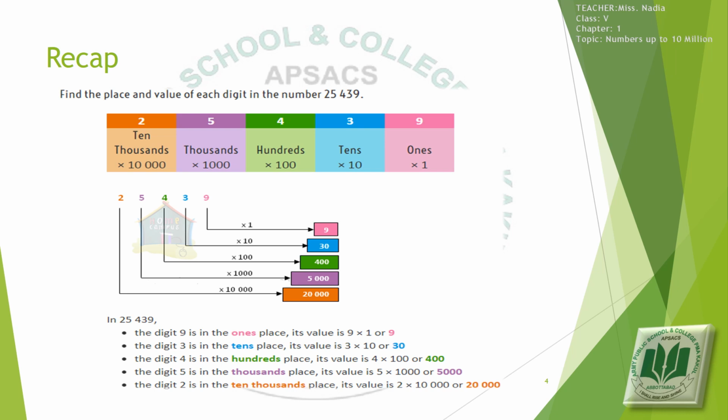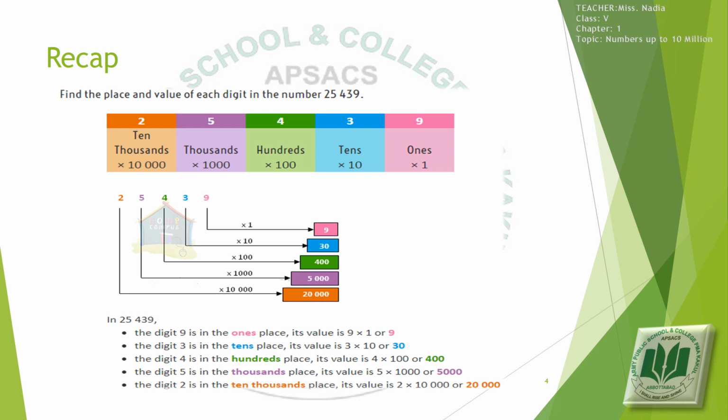Students, first we will do the recap of chapter Numbers up to 10 million, as you have already done numbers up to 100,000 in class 4. Look at this picture. Here the digit 9 is in 1's place, so 9 times 1 is 9. The digit 3 is in 10's place, so 3 multiplied by 10 is 30. 4 is in 100's place and 400 is 400. 5 in 1000's place, 5000 is 5000. And the digit 2 is in 10,000's place, so 2 multiplied by 10,000 is 20,000. So the complete number is